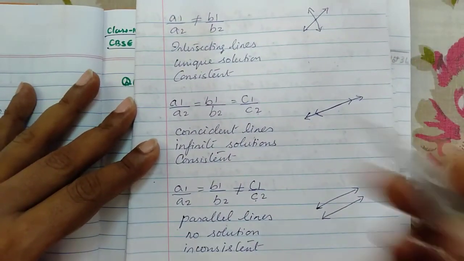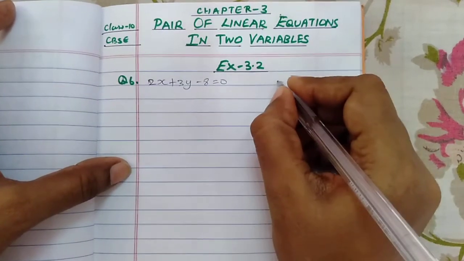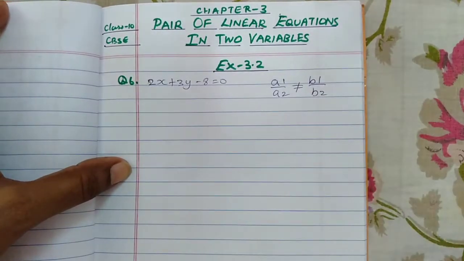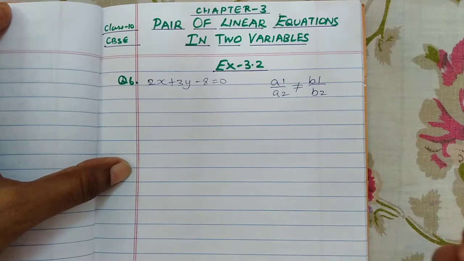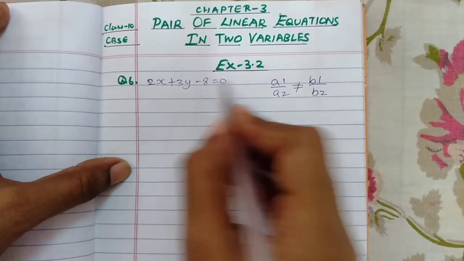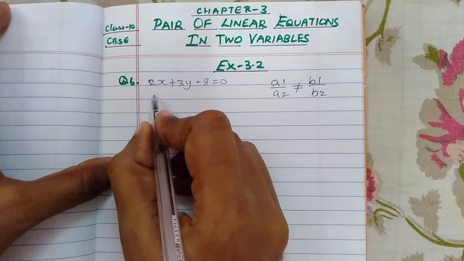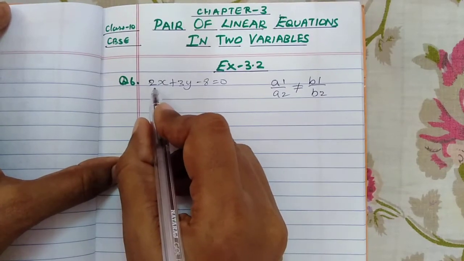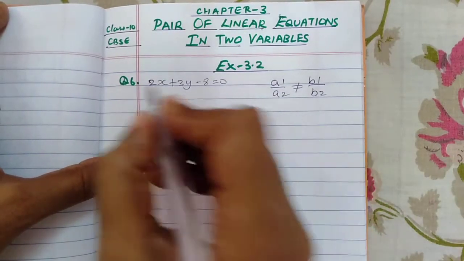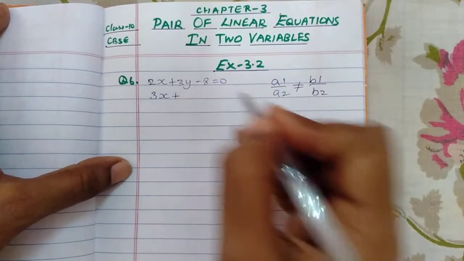Okay, now let's start with the first one. The first condition we have here is a1 by a2 is not equal to b1 by b2. This is what we have to satisfy now. So from here this is a1, this is b1. This is not required because c1 and c2 are not there. So what will we do? You have to find such a number that a1 and a2 and b1 and b2 will not be equal to one another. For example, let me write 3x plus